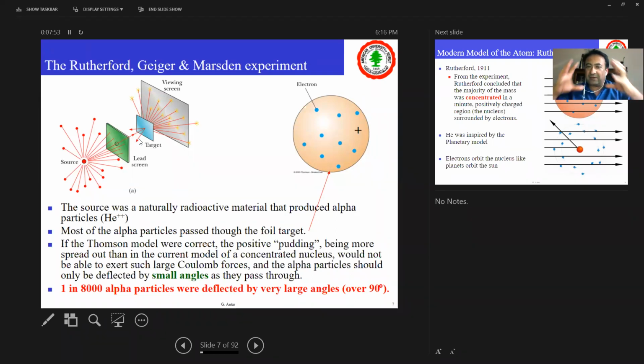The idea is that I have this atom, and I have these alpha particles. They will come, and by interaction with the atoms, they will scatter. In order for me to understand how they scatter, I'm going to put a viewing screen at the back to see how they scatter. And so what they found is that, indeed,